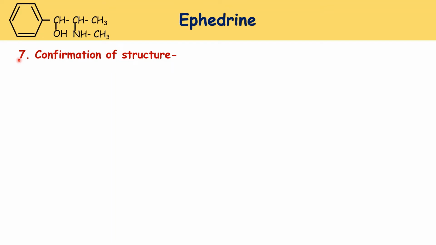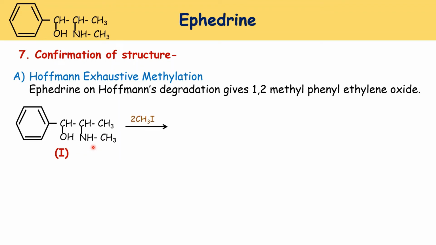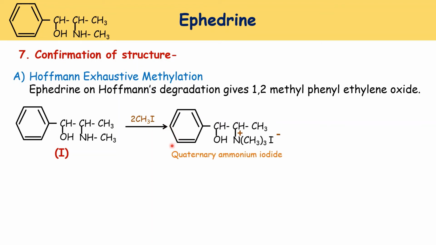Hofmann's exhaustive methylation. Ephedrine on Hofmann's exhaustive methylation gives 1,2-methylphenyl ethylene oxide. When structure 1 is treated with methyl iodide, these are the steps of Hofmann's exhaustive methylation. First it is treated with methyl iodide for the methylation reaction. After methylation, we get quaternary ammonium iodide as the product, which upon treatment with silver oxide,